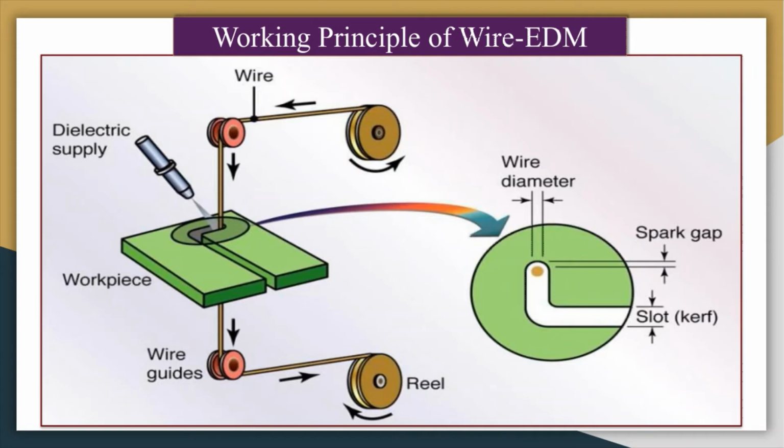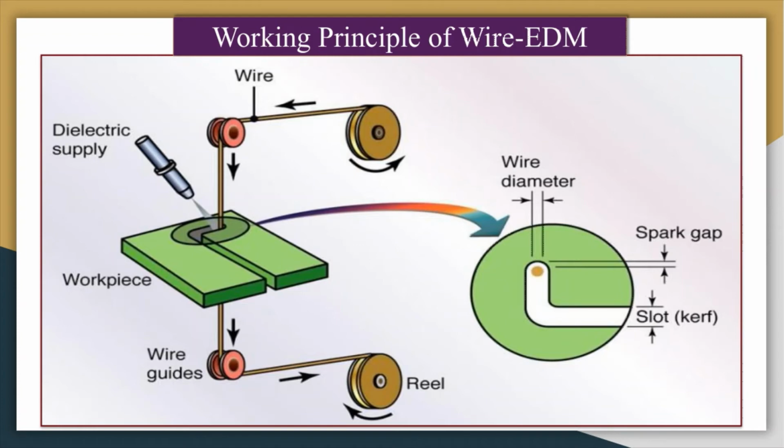It is compared with the band saw also. In the case of a band saw, the thickness of the saw determines the kerf or width of the cut generated in the workpiece surface. Here also, the diameter of the wire determines how much will be the kerf or slot generated on the workpiece surface. Here the spark between the wire and workpiece is generated, as you know in the EDM process. Because of this sparking, there is erosion in the workpiece as well as in the tool.